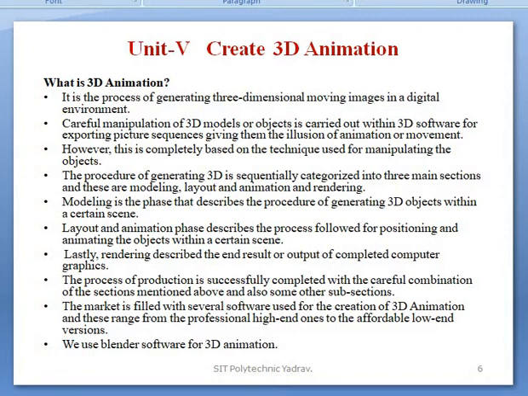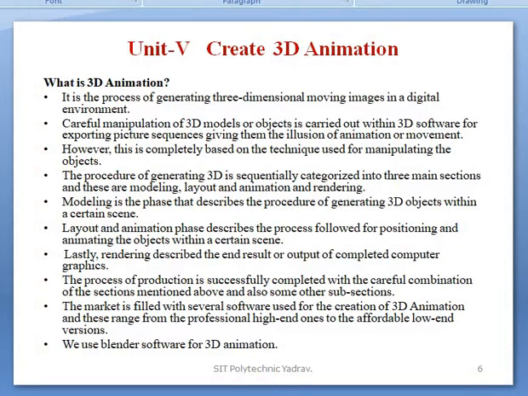The procedure of generating 3D is sequentially categorized into 3 main sections: modeling, layout and animation, and rendering. Modeling is the phase that describes the procedure of generating 3D objects within a certain scene. The layout and animation phase describes the process followed for positioning and animating the objects within the scene.